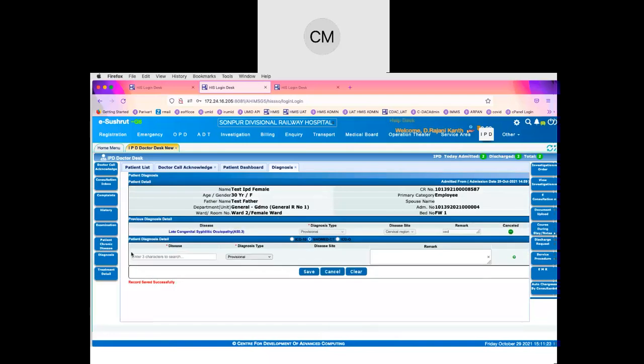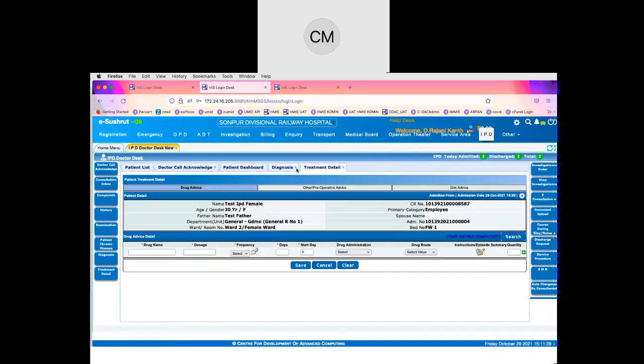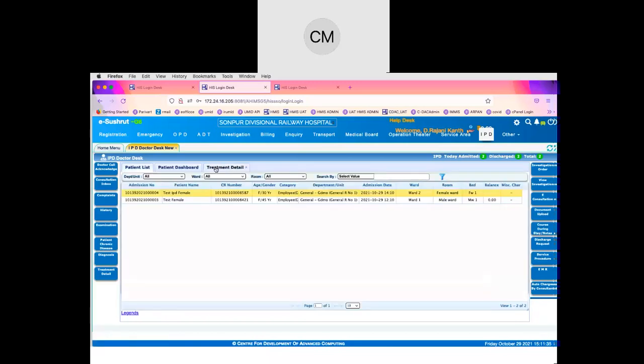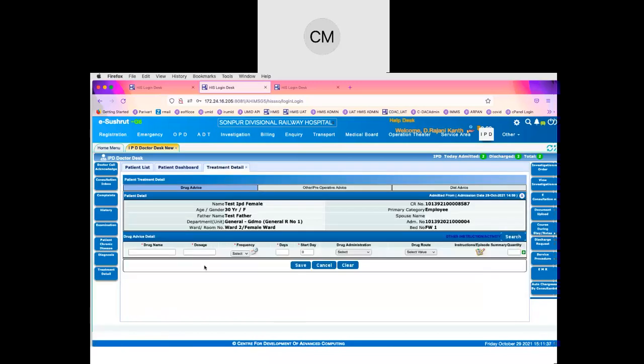And we can save any number of diagnoses here one by one. So all this information can be seen by nurses also from the nursing desk, and also by other doctors during the next rounds. And in the treatment detail, this is one of the most important aspects here.